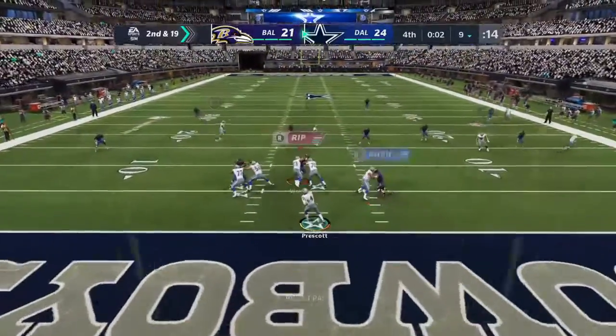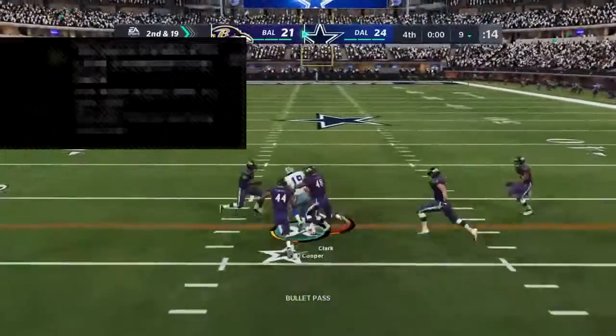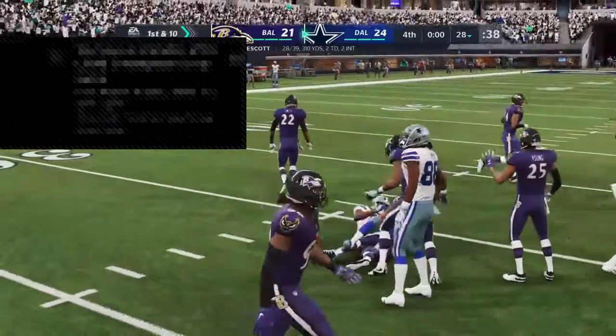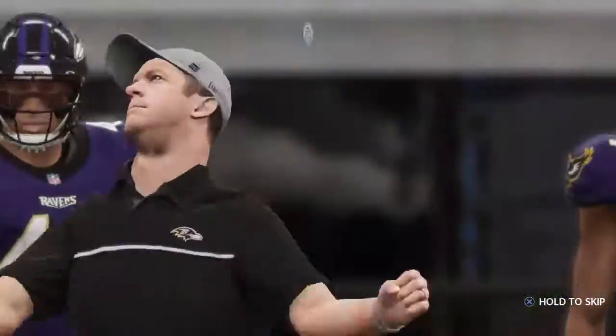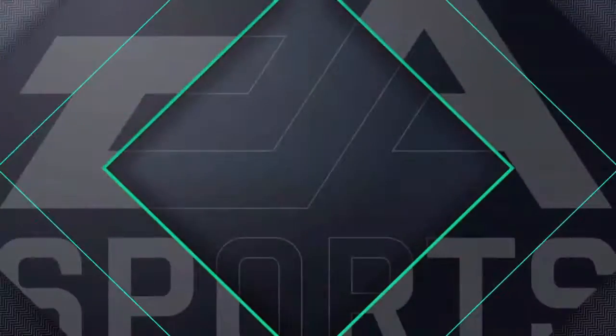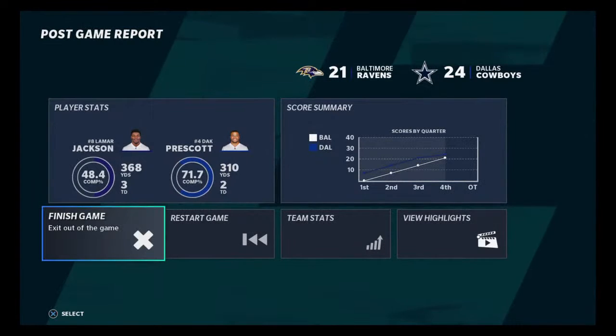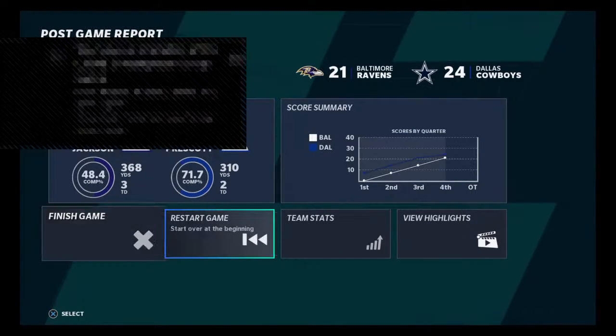Now Prescott. Over the middle, Amari Cooper. It's complete. And he works it across the 25 before being tackled. So this one will end in a victory for the Dallas Cowboys. And they were really helped by their defense, forcing 3 turnovers. I think what we saw in this one today...